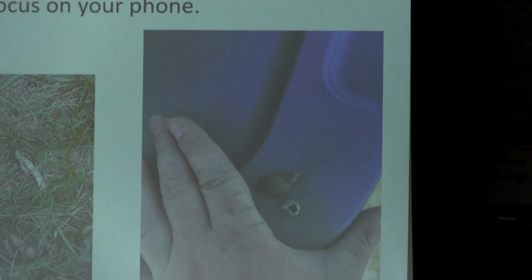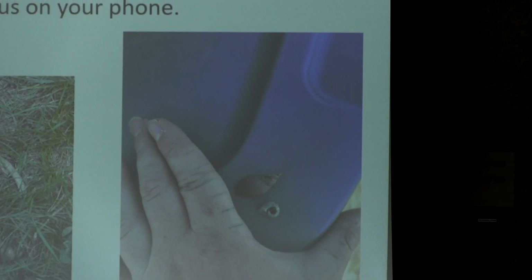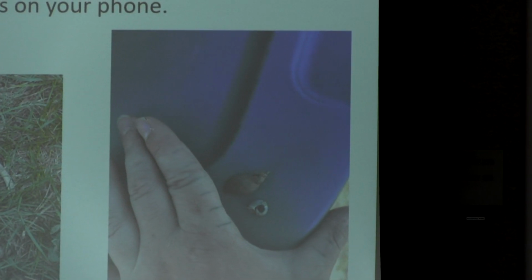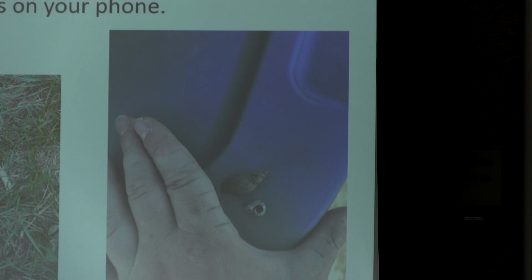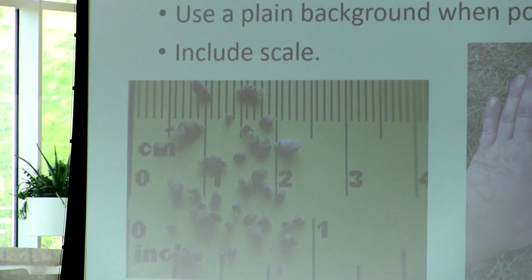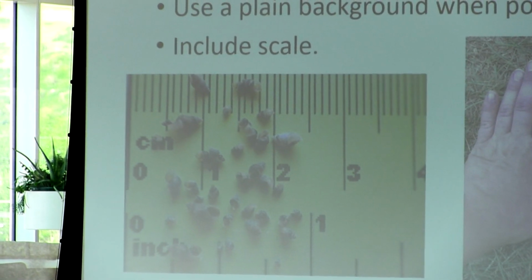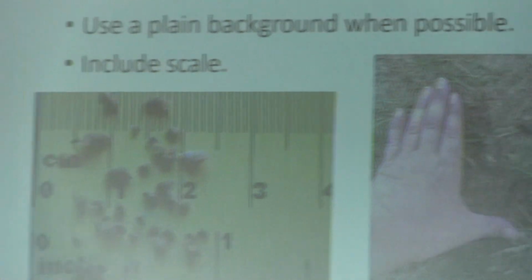And then the furthest photo is a plain background, and that's one of the better examples of how to take a photo of snails that you find. Just have that plain background, make sure that we can see which way the shell is twisting, and then if you're really fancy, you can have one like on the far left for you guys, where you have a super zoom magnifying. This is probably under a microscope, since these are the New Zealand mud snails, because they're tiny and annoying.